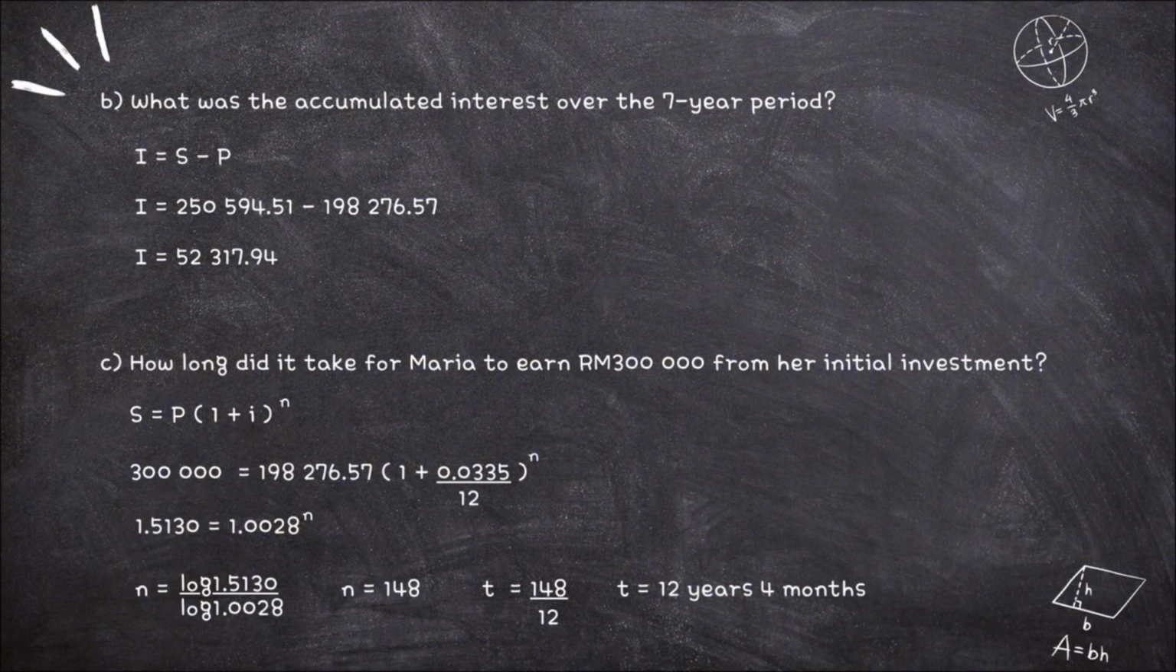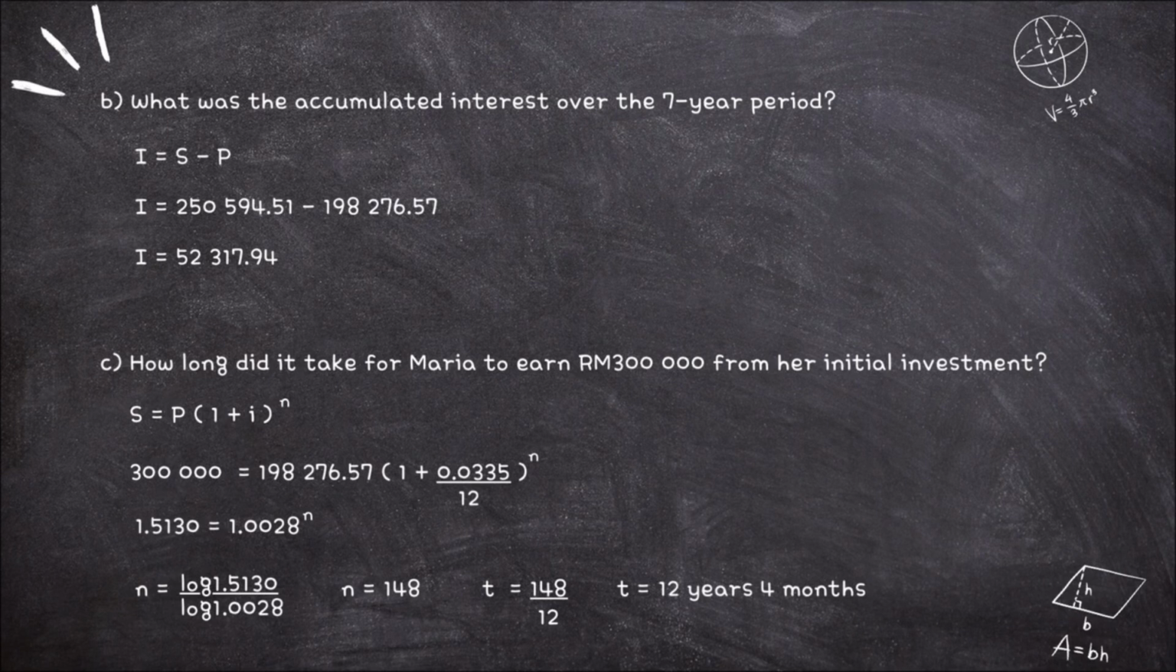We will move to the next question, C. How long did it take for Maria to earn 300,000 from her initial investment? For this question, we will be using the formula S equals P times 1 plus I to the power of N. 300,000 equals 198,276.57 ringgit times 1 plus 0.0335 per 12 to the power of N. So, if we calculate all this, we will get